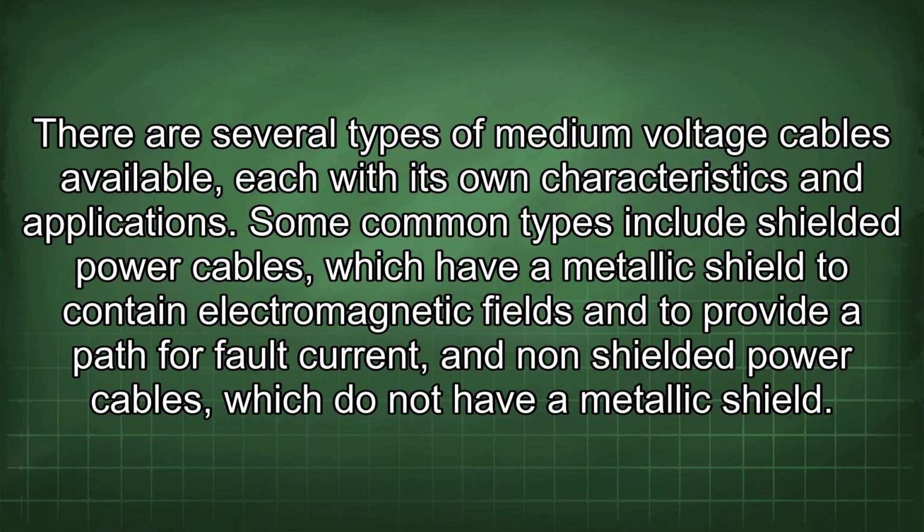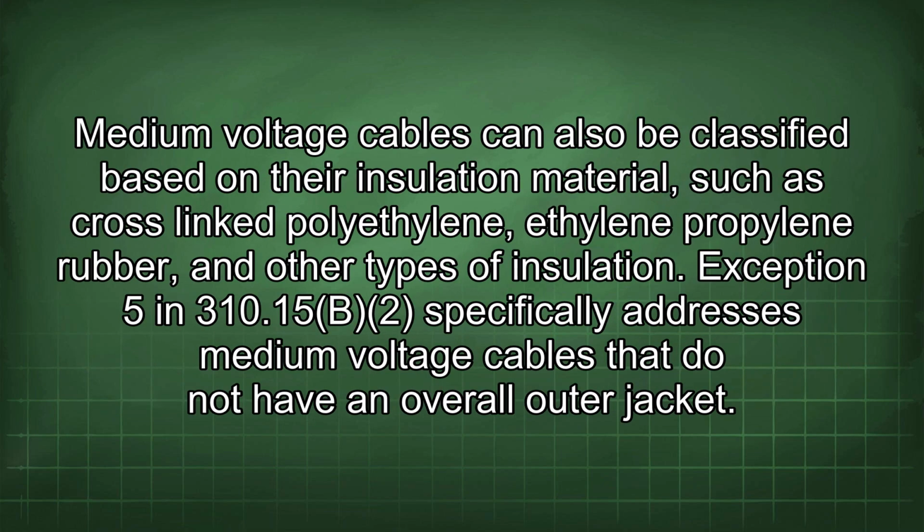Some common types include shielded power cables, which have a metallic shield to contain electromagnetic fields and to provide a path for fault current, and non-shielded power cables, which do not have a metallic shield. Medium voltage cables can also be classified based on their insulation material, such as cross-linked polyethylene, ethylene propylene rubber, and other types of insulation. Exception 5 in 310.15(B)(2) specifically addresses medium voltage cables that do not have an overall outer